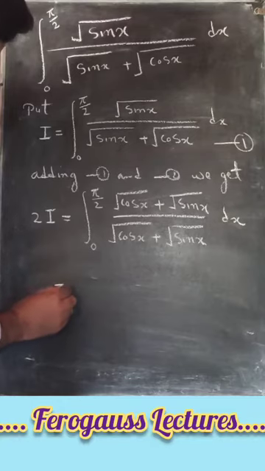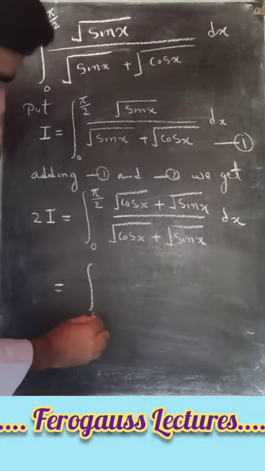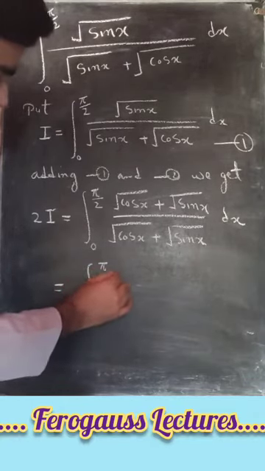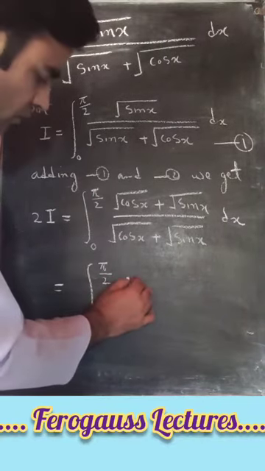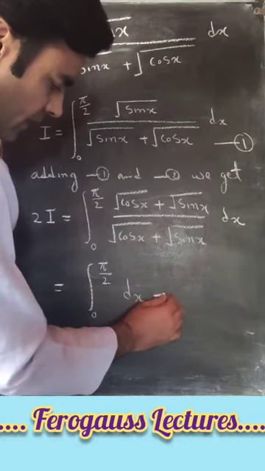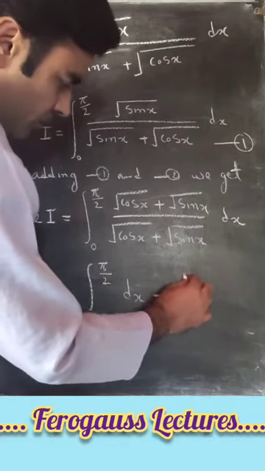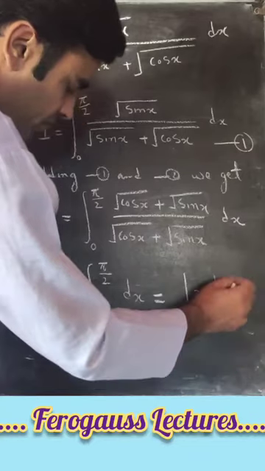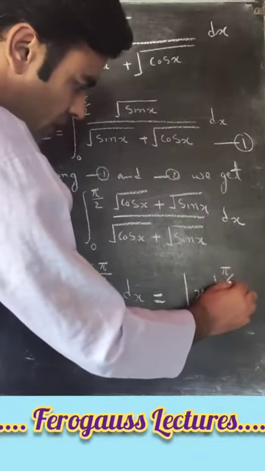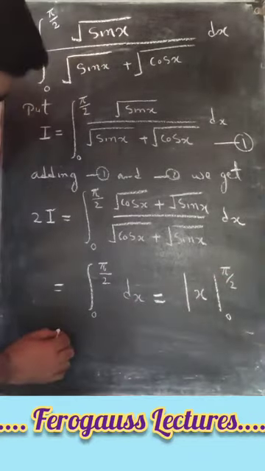That is further equal to its integral 0 to pi by 2. Now this is 1, so we get 1 into dx, that is dx, that is equal to x, limits from 0 to pi by 2. Now apply the limits, we get